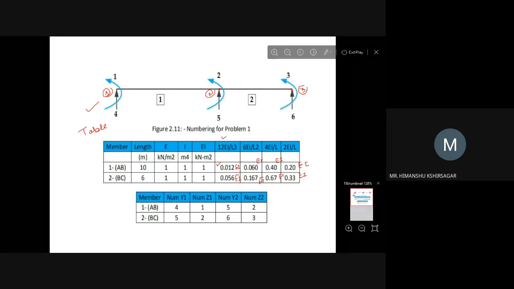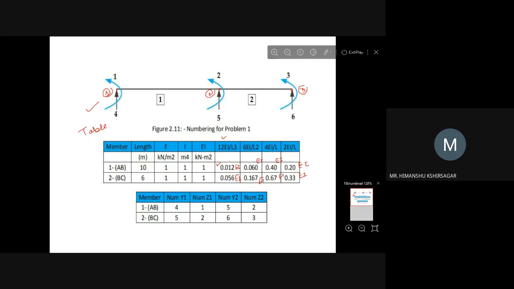Okay, so after plotting a skeleton diagram, you have to prepare this table, and in this table you have to find out the 4 values of the stiffness coefficients for the members. For every member you have to calculate them. Only the dimensions should be in one unit. Whether you do it in mm or in meter, if it is in centimeter you have to write it in centimeter.